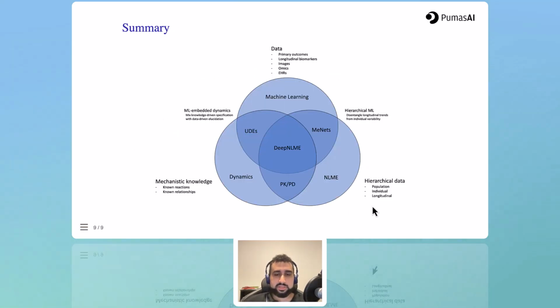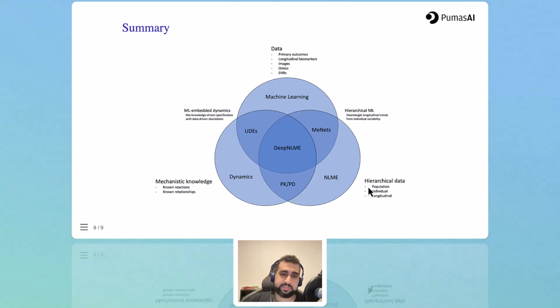So to summarize, we basically would like to combine, or we've successfully combined, a bunch of different areas of statistics and machine learning. We have the mechanistic knowledge that we often encode using dynamical systems. That means in DeepPumas you can actually write your dynamical variables or your dynamics equations and ordinary differential equations to encode this kind of dynamics or mechanistic knowledge. We have the machine learning, where you can have neural networks take as input all sorts of data and different dynamical variables and longitudinal biomarkers and so on to extract information from them and then use that in your model. And so we have the machine learning component, we have the dynamics component, and then we also have